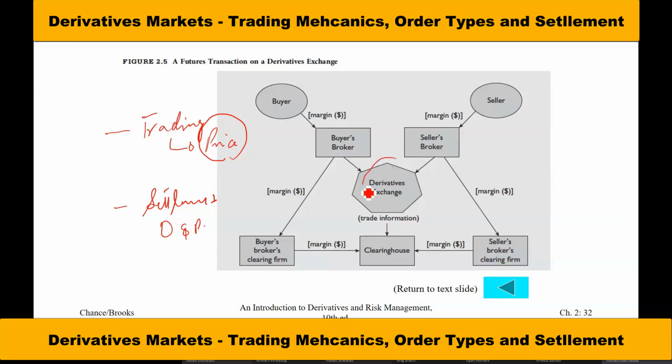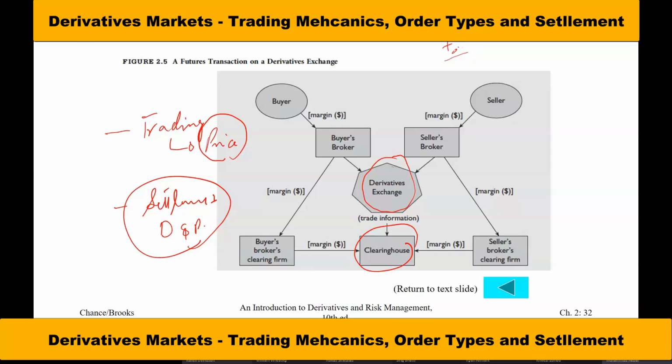So in a derivative exchange or the stock market or whatever market it is, the market will itself be used only for agreeing on the price to buy and the price to sell. However, the settlement will be taking place through the clearing house. When the payment will be made and the delivery will be received, that is the clearing house's responsibility to do. Now, let's suppose I entered into a future contract,